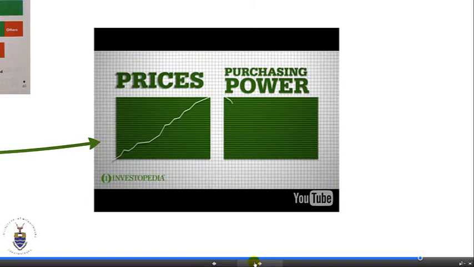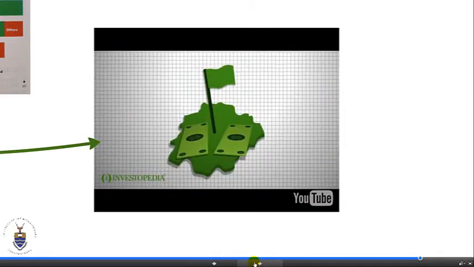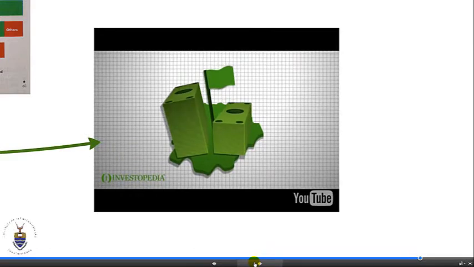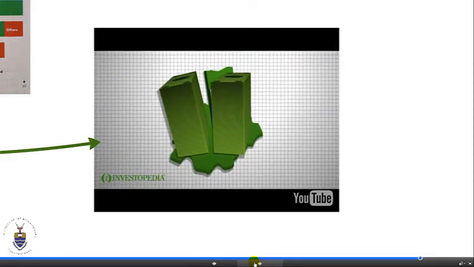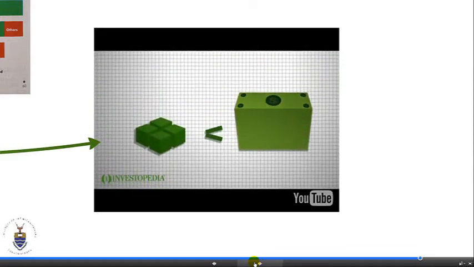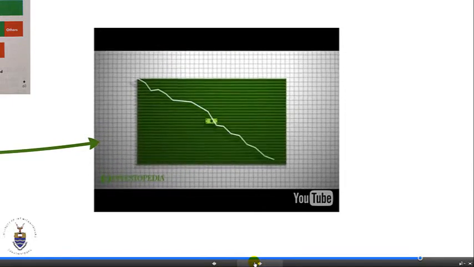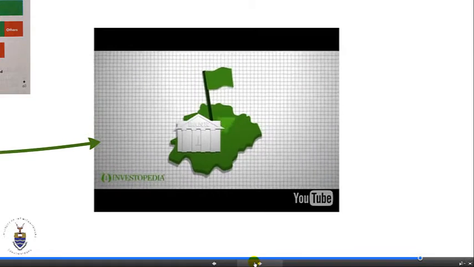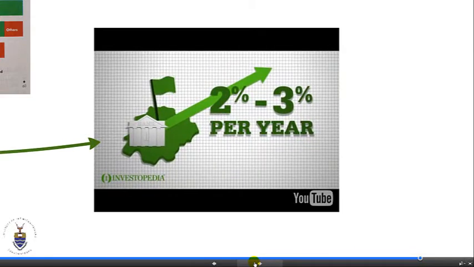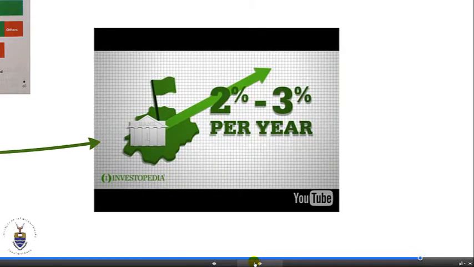Inflation leads to higher prices and lower purchasing power. It's usually a monetary phenomenon caused by a country printing more money than is justified by the country's wealth. When more dollars are issued for a limited amount of assets, the value of each dollar is decreased. Many countries' central banks set an inflation rate target of 2 to 3% per year.